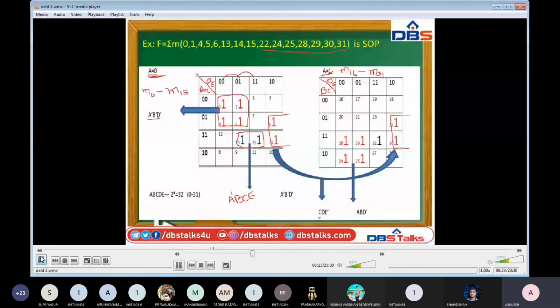Okay. So again I am going for this one. I am grouping these 4 symbols, these 4 ones here. Okay. Here A is equals to 1. That's why A, and B value is not changing, B. In the same sense, D complement is not changing here. See, D is not changing and E is changing from 0 to 1. That's why D complement, A, B, D complement. Okay. So this one was also finished, right?